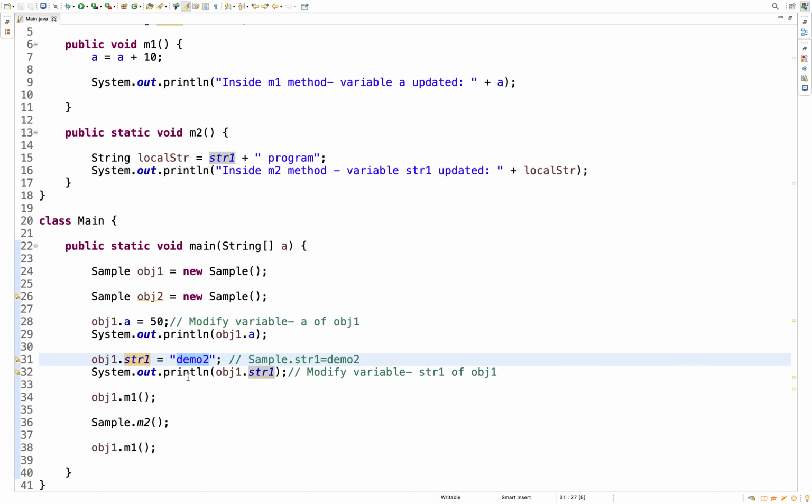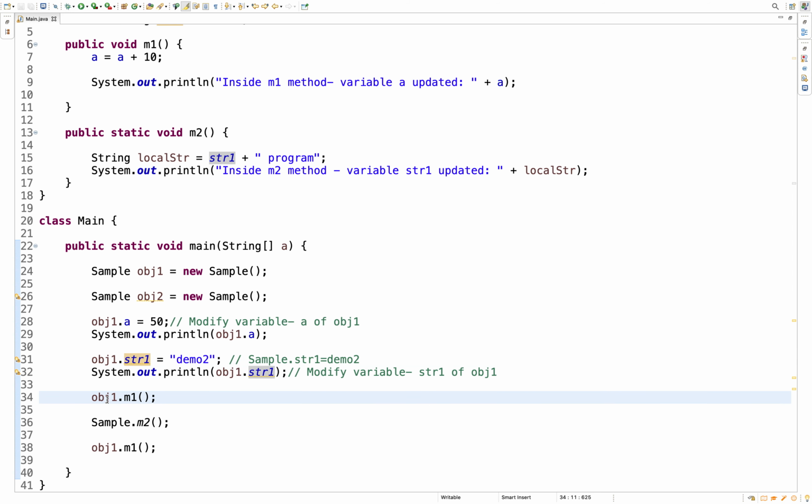Once you access this variable through object 2, you will get the updated one. The value updated by object 1, the same value you will get when you try to access the shared variable with any other object. So that is the difference.